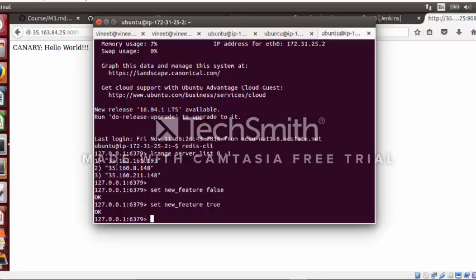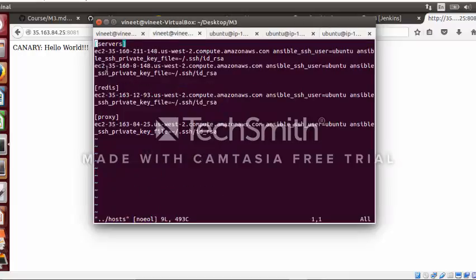Now, let us log in to the canary server's console and manually raise an alarm from there, so that we would notice that whenever an alarm is raised from a canary server, its IP gets deleted from the Redis server, and thus none of the requests will ever be sent to the canary server. So this is our canary server's IP,